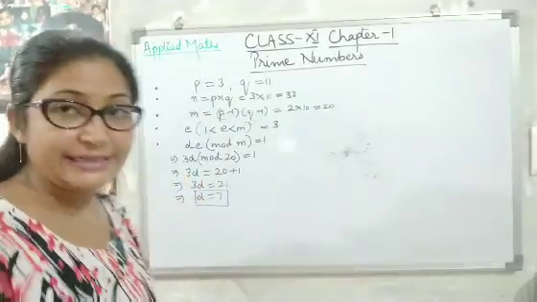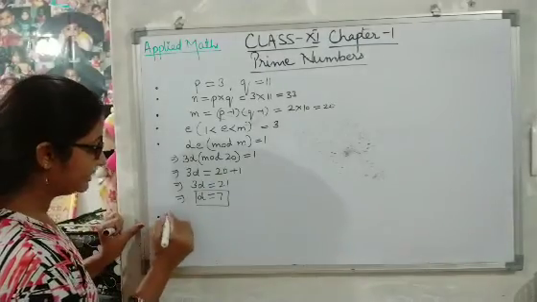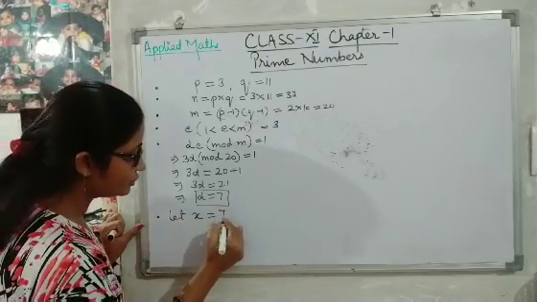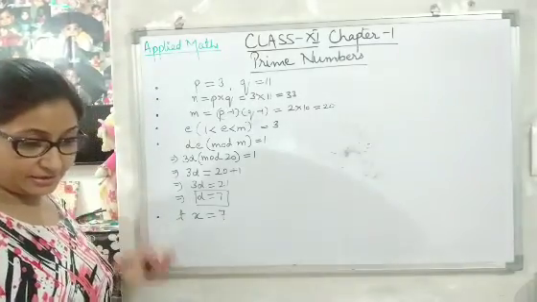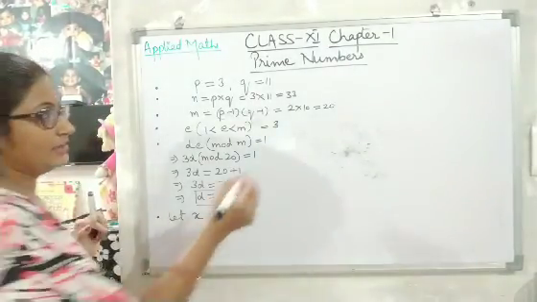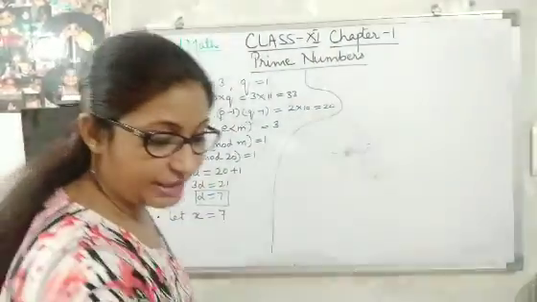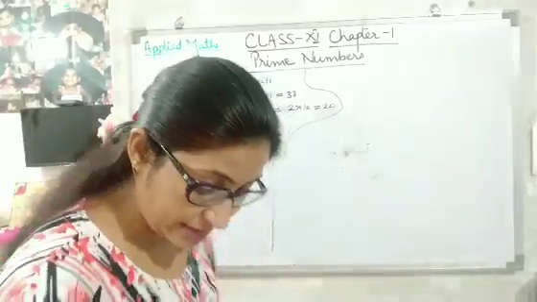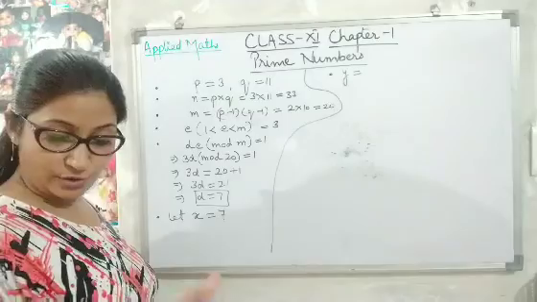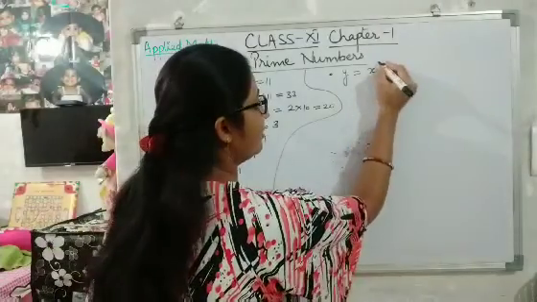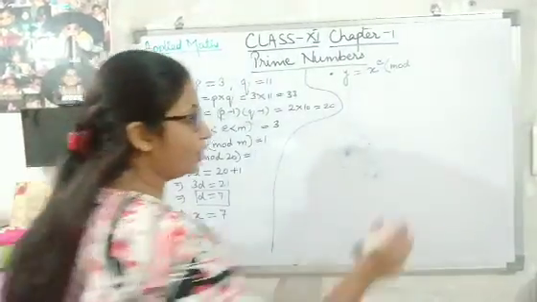Now actually the encryption starts. Now we have to encrypt. So I am taking x is equal to 7. I have taken a number 7 which I have to encrypt. So I'm writing here on the other hand side so that you can understand it. The next step was y is equal to x to the power e mod n. See carefully, it was mod of n.